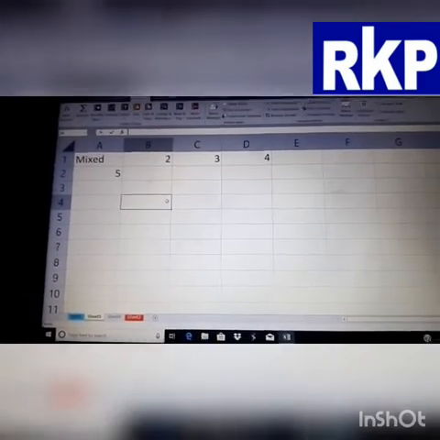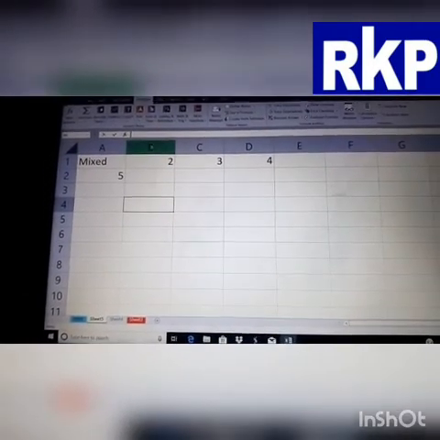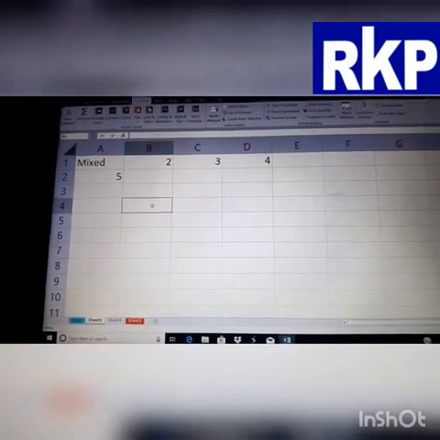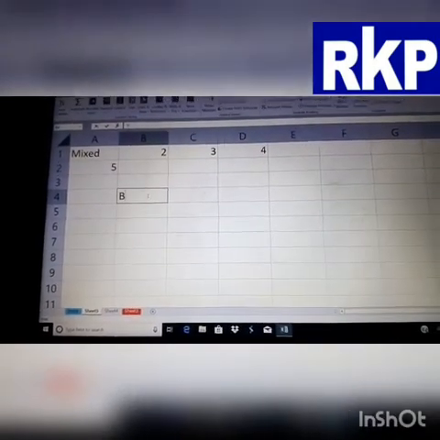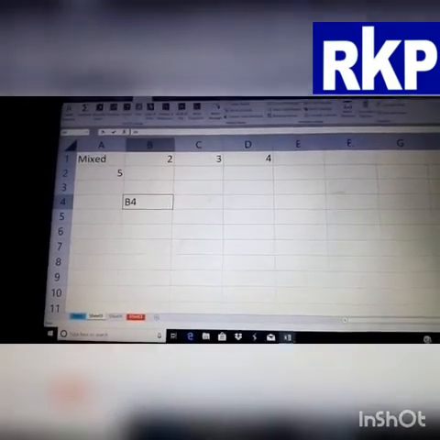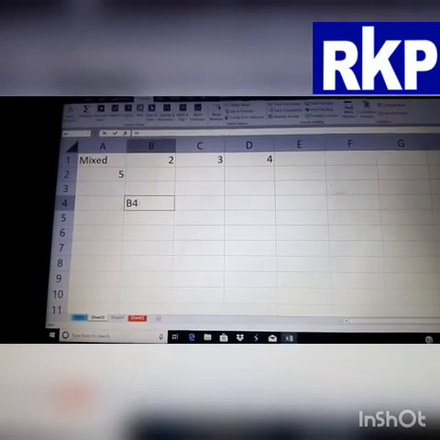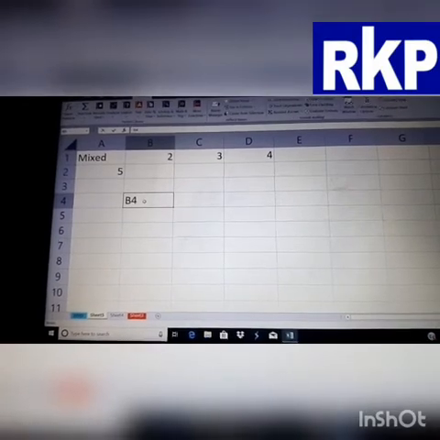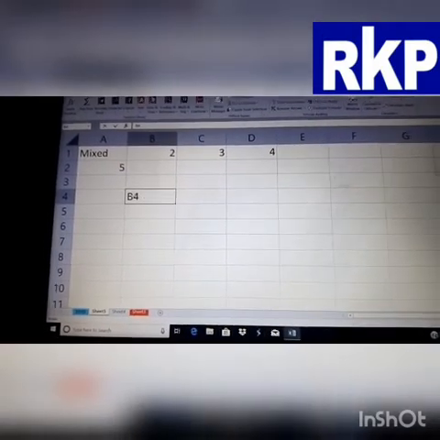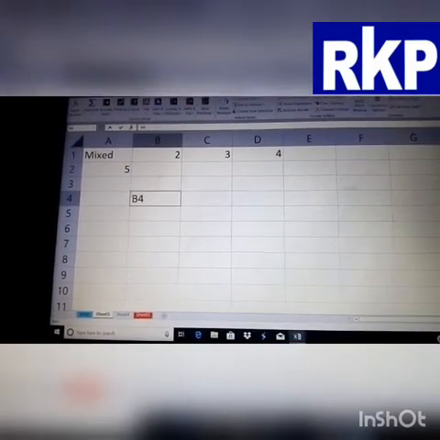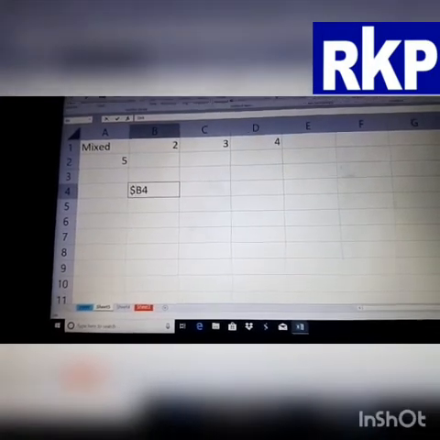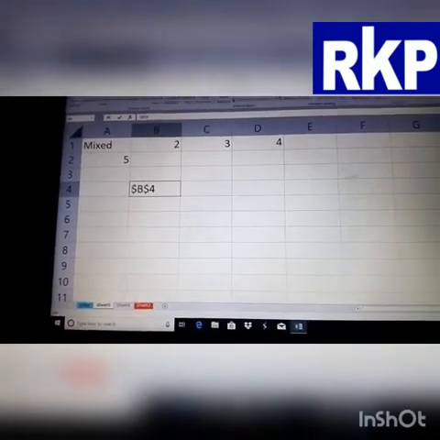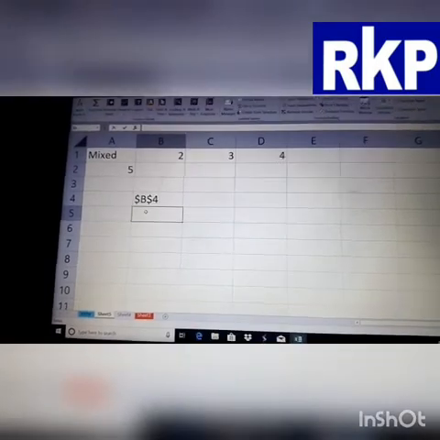Like this is cell number B4. If we are talking about simple B4, it is a relative reference. If we are talking about $B$4, it is the absolute reference.